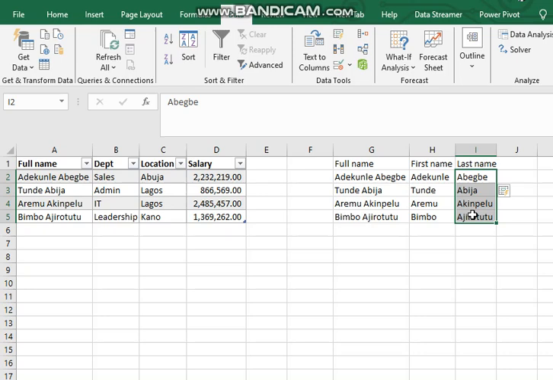So what you use text to column for, you can also use your flash fill for, and you get the same result. However, you need to be very careful. If you're trying to use the flash fill, the column has to be next to where you have your full name. For instance,